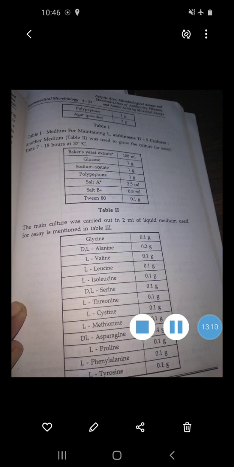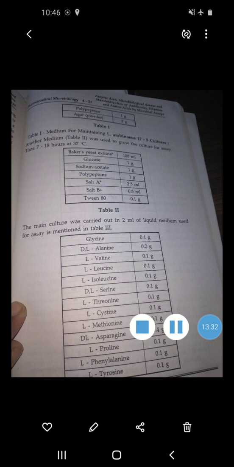The main culture was carried out in 2 ml of liquid medium used for the assay, and it is also mentioned in the above discussion of the above table. Glycine 0.1 gram, DL-alanine 0.2 gram, L-valine 0.1 gram, L-leucine 0.1 gram, then L-isoleucine 0.1 gram, DL-serine 0.1 gram, then next L-threonine 0.1